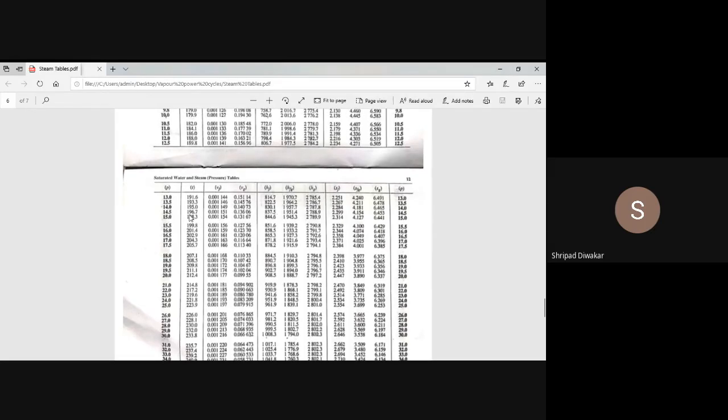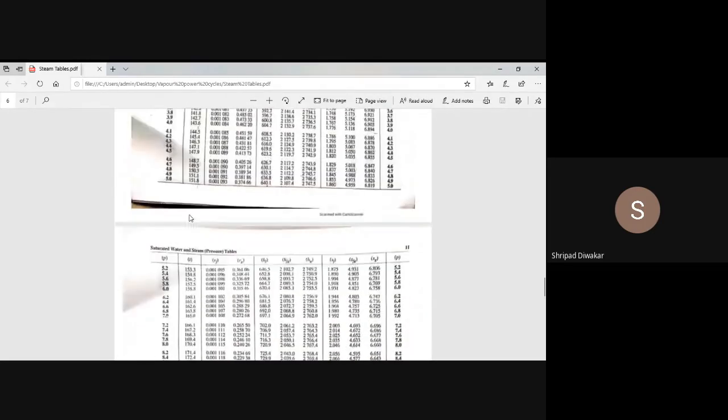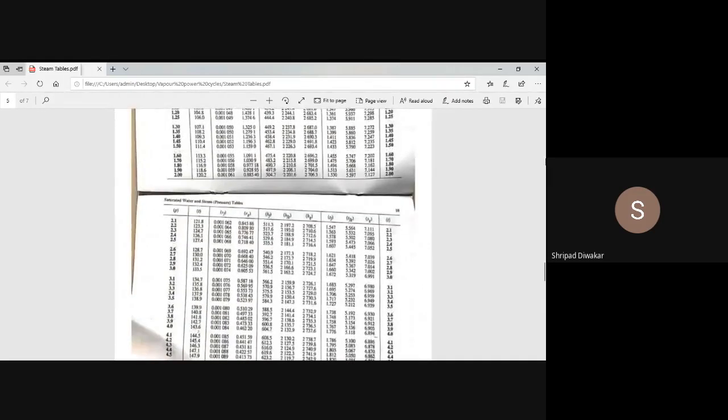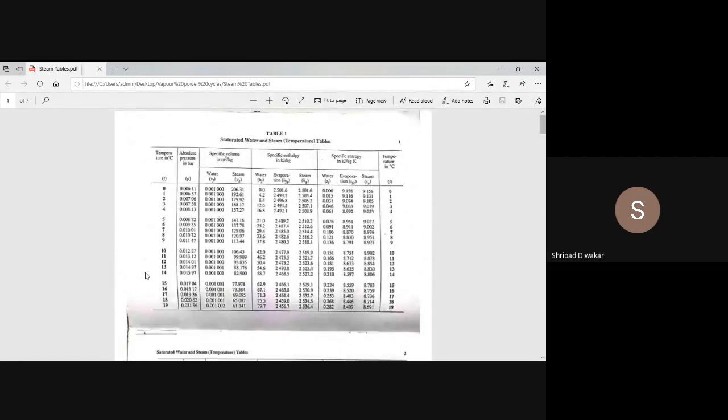Similarly, we have the temperature based table. Okay, suppose we have to find the properties at 15 degrees Celsius, in that case you have to refer to the temperature based table. Okay, here 15 degrees Celsius and pressure is 0.017 bar. This is a temperature based table and all the values are in degrees Celsius, and at temperature 15 degrees Celsius the HFG values are given. Like that, depending upon the temperature and pressure you have to find the values. Okay,